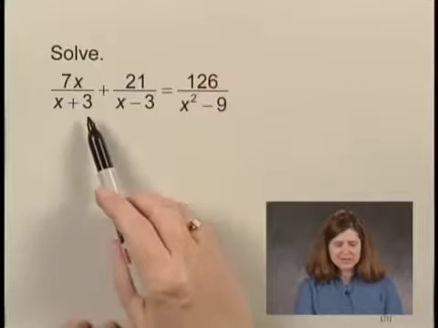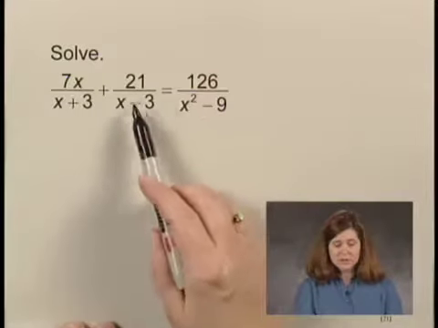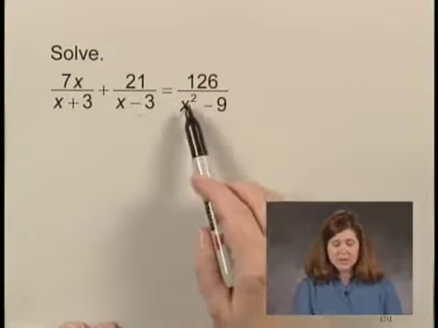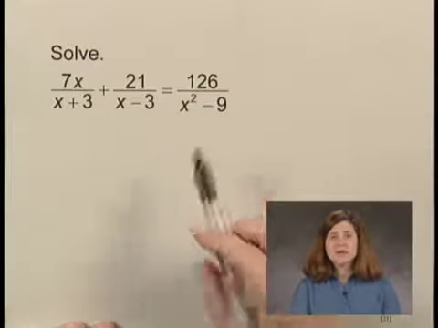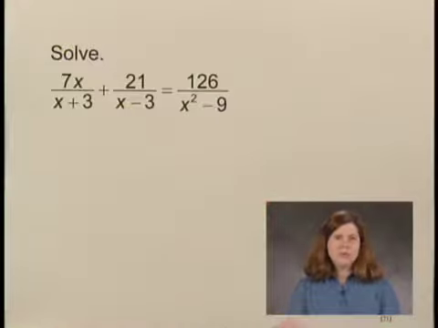We'll solve a rational equation. The equation we'll solve is 7x over x plus 3 plus 21 over x minus 3 equals 126 over x squared minus 9. I want to multiply on both sides of the equation by the least common multiple of the